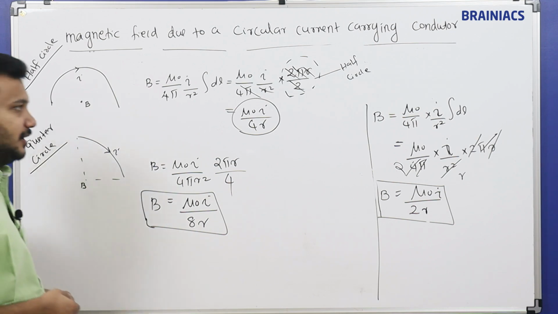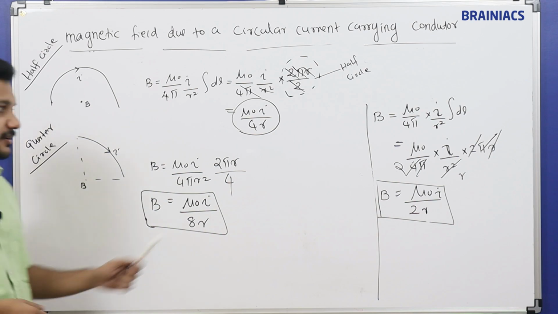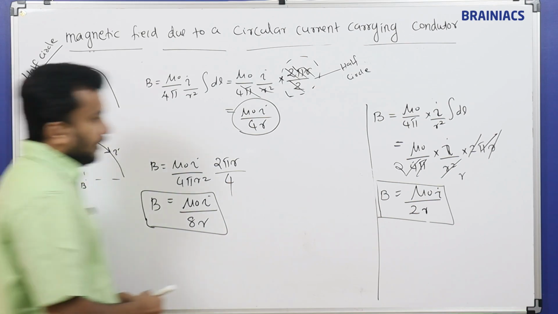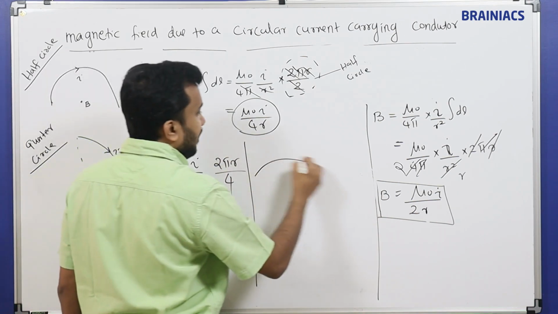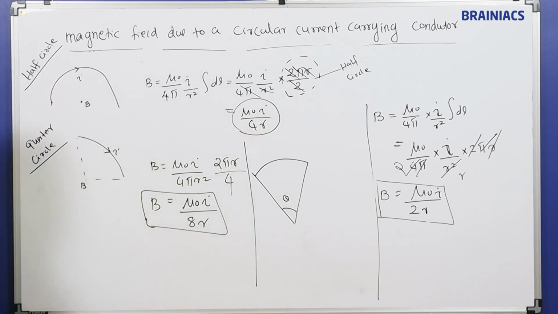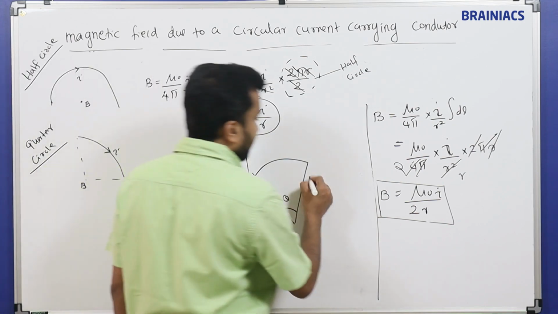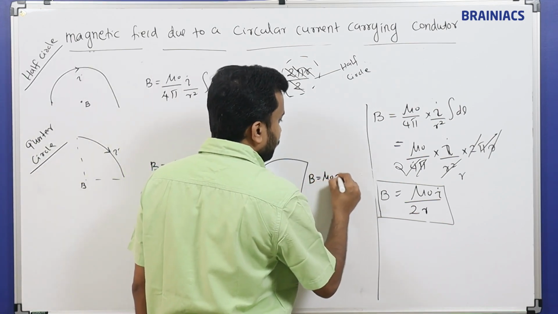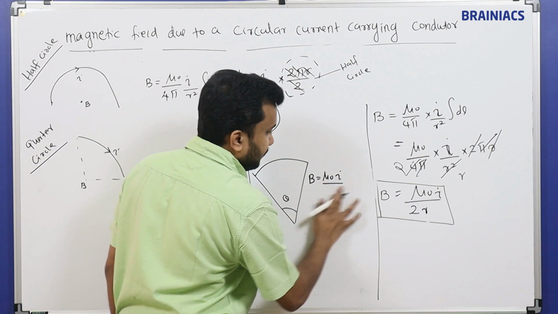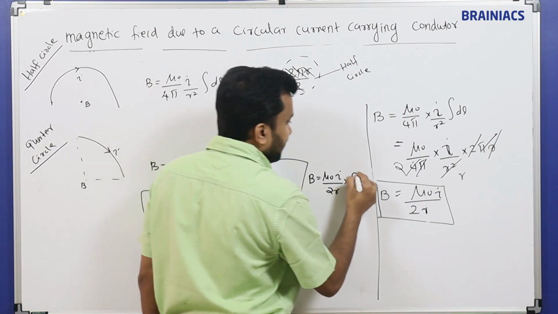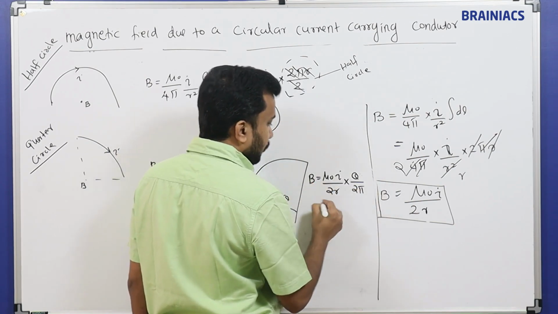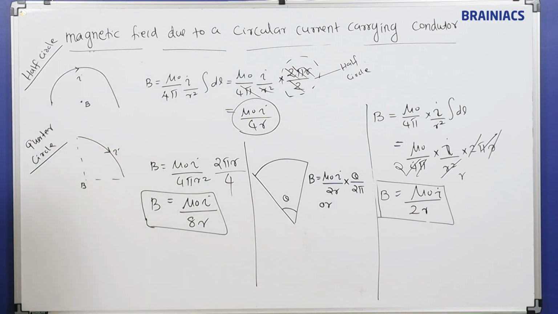Now if this is clear, and for the full circle it is clear, mu 0 I by 2r, half circle mu 0 I by 4r, quarter circle mu 0 I by 8r. In case of the third one, if an arc is given of angle theta, how can I find it out? I can write a general formula: mu 0 I divided by 2r is for the full circle, so I can say theta divided by 2 pi,